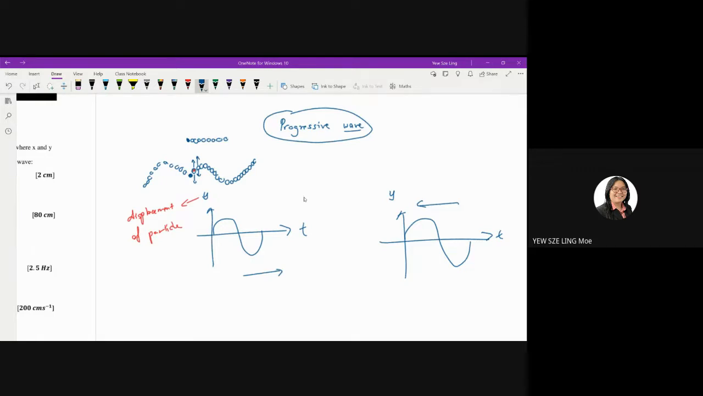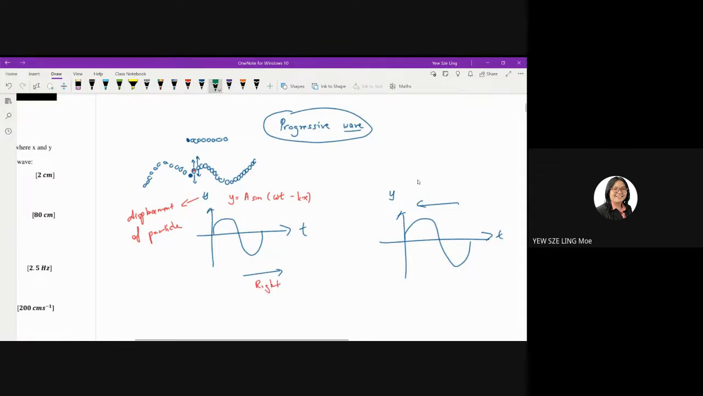Okay, so how am I going to know, based on the equations, whether my wave is going to the left or to the right? How do I know? It's based on the equations. If the wave is going to the right-hand side, then we use the general equation y equals A sine omega t minus kx. Okay, you use the minus sign for the wave that is going to the right,